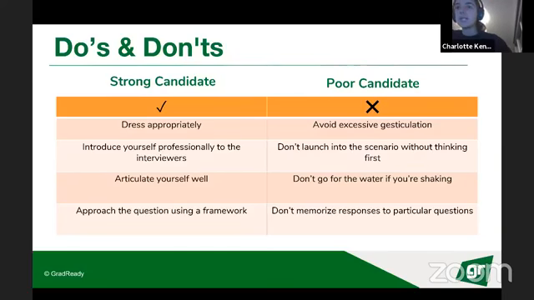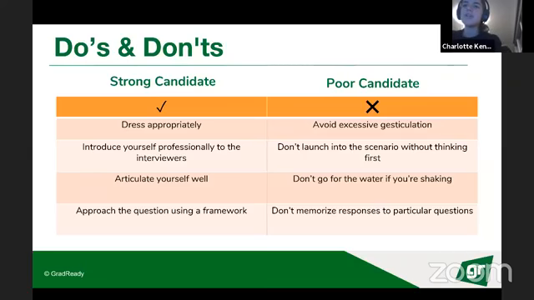It's important to articulate yourself well, and I'm saying this as I'm umming and ahhing my way through this entire presentation, but make sure that you pick up on your verbal tics. Everyone has them. My one was that I used to gesticulate a lot and drop a lot of "likes". Everyone does it, but in the interview you want to make sure you're not doing that, so make yourself aware of it.